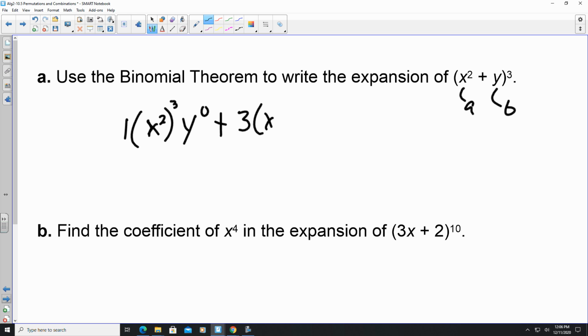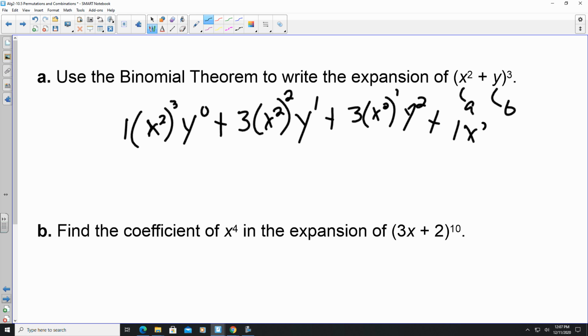Now I've got x squared, and I subtract this one here. So this is now going to be 2, and now it's going to be y to the first, plus 3 times y times x squared. Now I take this one more time. That's 1. Now this is going to be y squared, plus 1 times x squared to now the 0 power, y to the third. All right, once I take care of all of these, I get